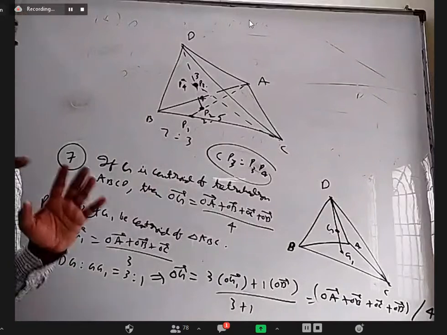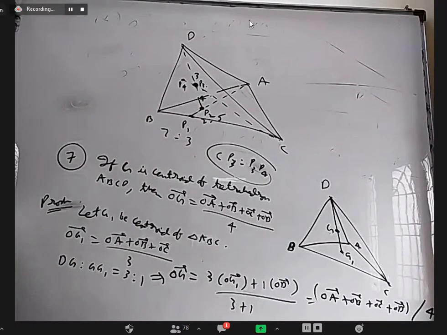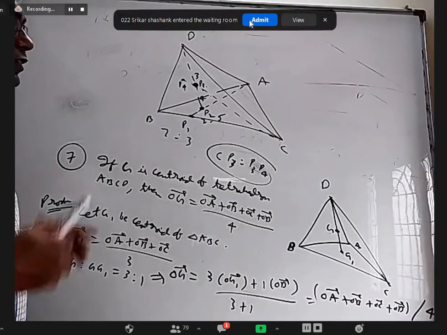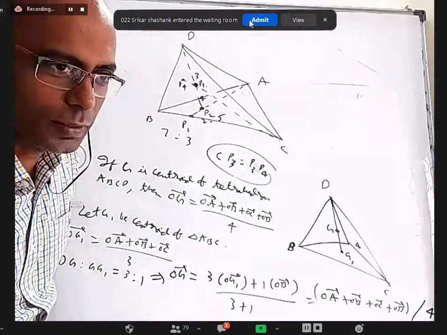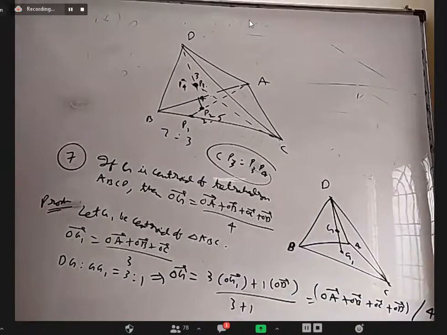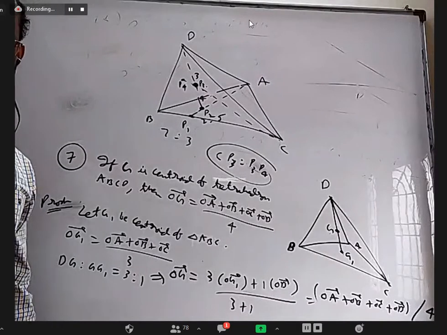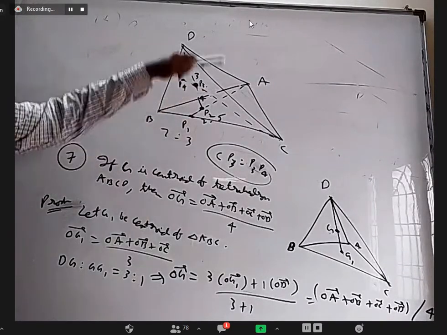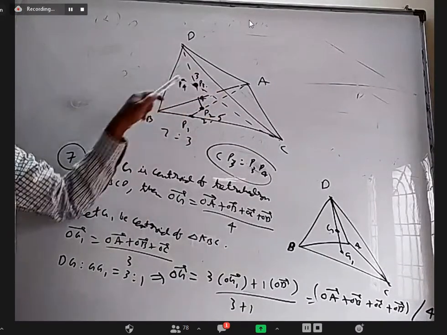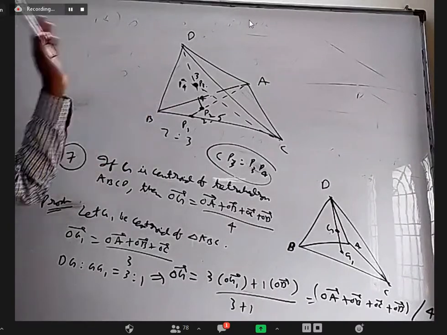Have you understood the question? Yes, sir. Okay. So if you want to do it by vectors or 3D geometry, somehow it can be done. It's going to be a little lengthy, and we have to adjust carefully. If you can put masses in such a way that all these ratios are satisfied, and the final center of mass of the total 4 masses will come here at P3, then they can ask anything.